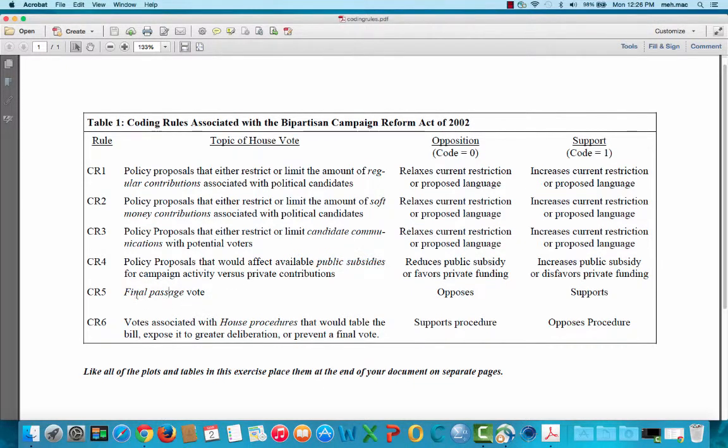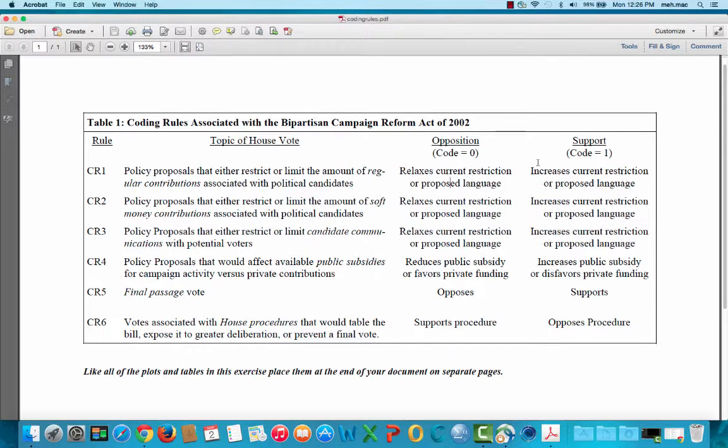And then, of course, everybody will have a final passage vote, and they'll have House procedures. If we look at this, the idea is to identify a key topic here, right? In my case, those are in italics, and I would suggest doing that. And then in your stances, use that